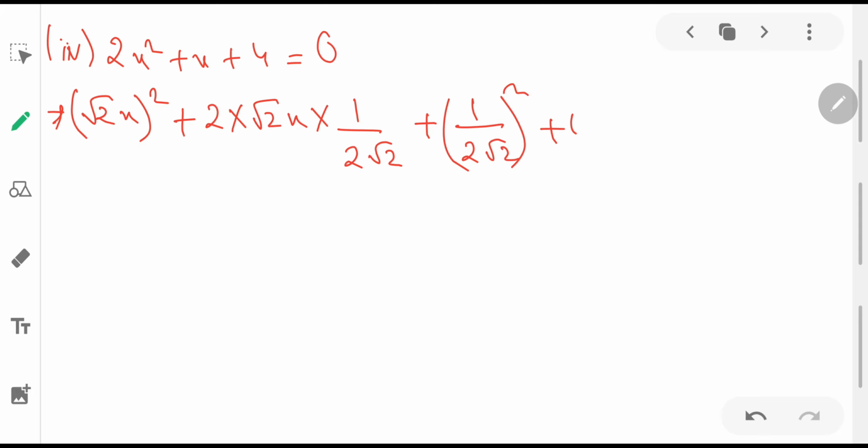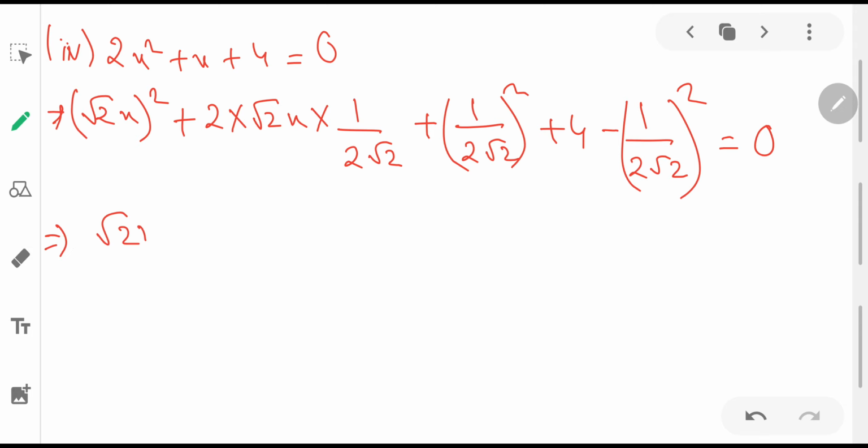Here, and what do we have here? Plus 4, but this is an additional term. So what we need to do? We need to subtract the additional term here, equals 0. So till this part we have it in the form of a plus b whole square. What is a? A is root 2 x, plus what is b? (1 by 2 root 2) whole square, plus 4